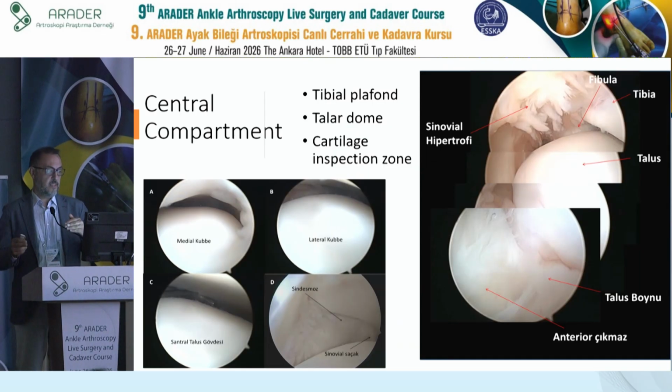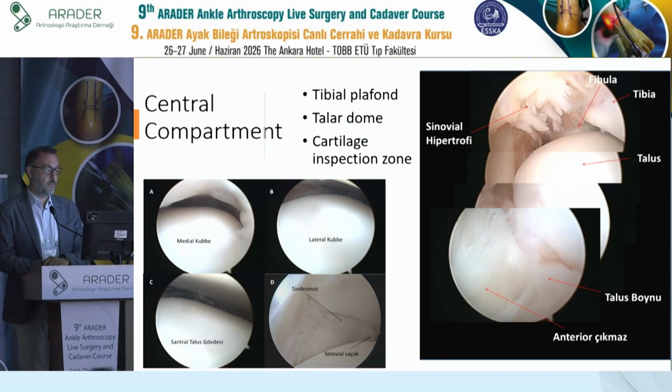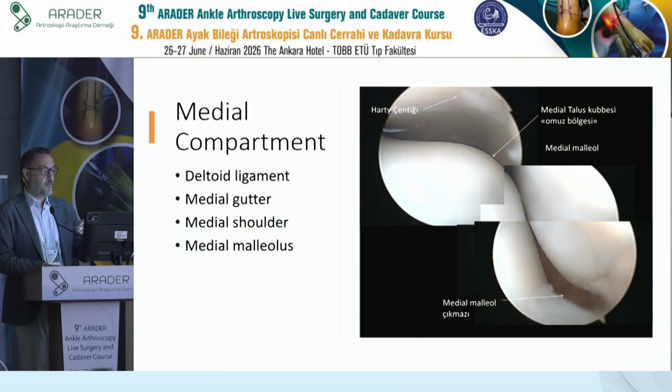So when we come to the central compartment, we can see the tibial plafond, talar dome cartilage, and here it's most of the time our cartilage inspection zone. So when we come to the medial compartment, we can see the deltoid ligament, medial gutter, medial shoulder, medial malleolus,